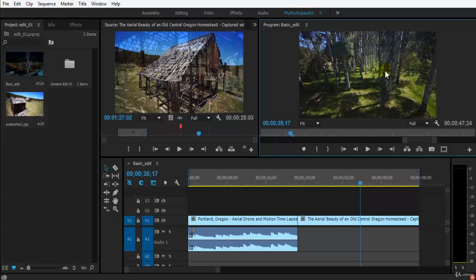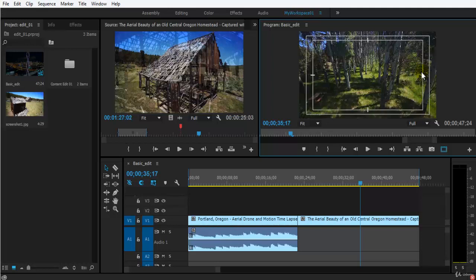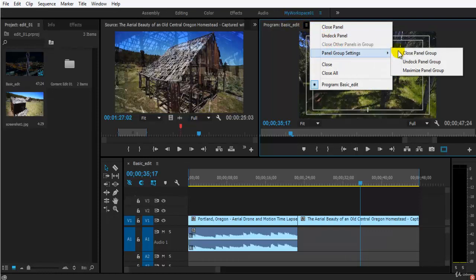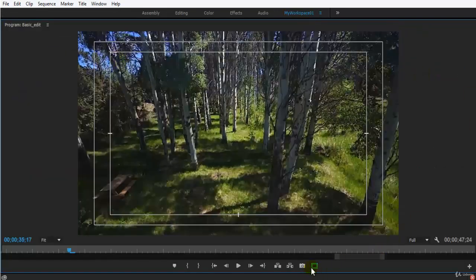This is safe margins. This is a very important tool, or rather an option provided by Premiere, when you are working on edits. So let me take you to a basic kind of film editing. I would like to maximize this panel group settings, same as source monitor. Yeah, so if you see, if I toggle this,